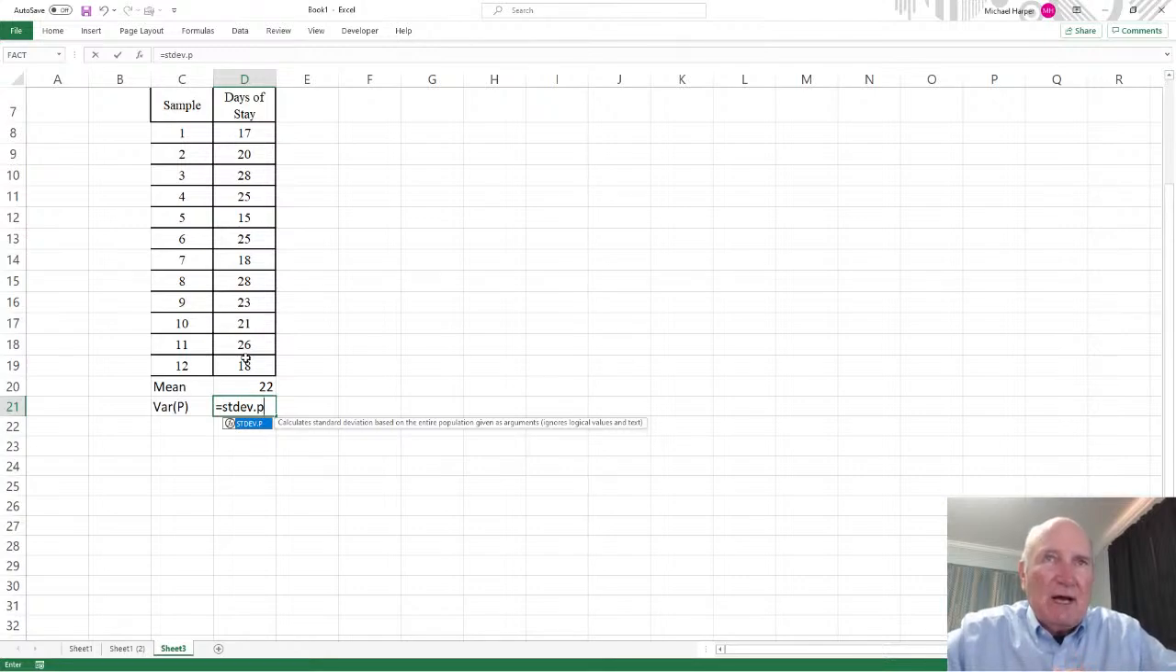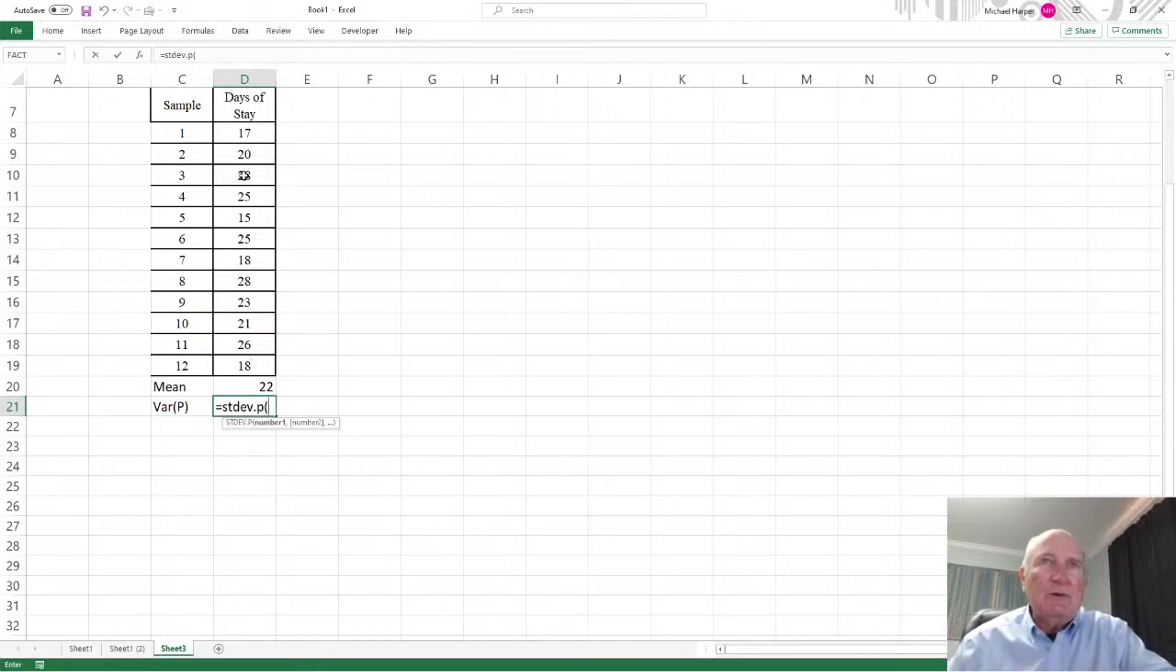And the P is the population standard deviation. And notice you can have it S, which is the sample standard deviation. Open parenthesis, and we want the population standard deviation of all those values. In parenthesis, return. There's your number. Is that okay? Now that we have these numbers,